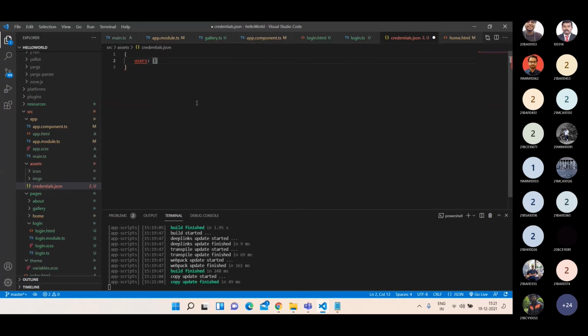Users, I'm going to create one array. Inside the users array, uname colon ABCD, comma, password colon 1, 2, 3, 4.